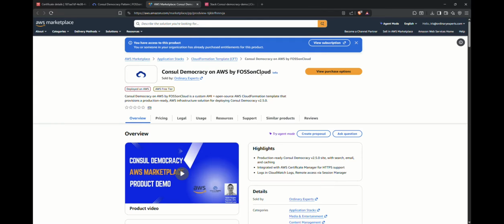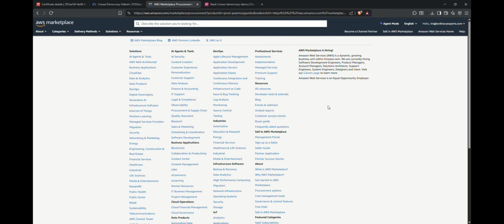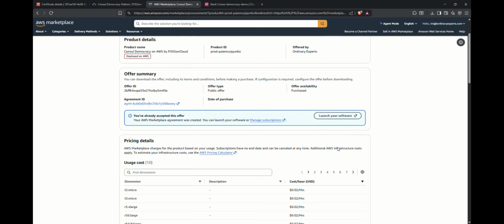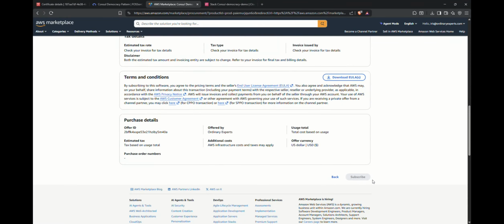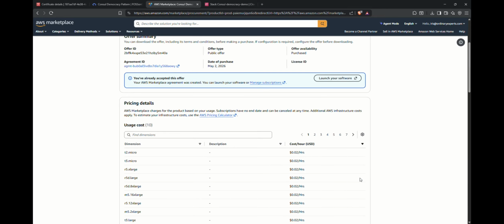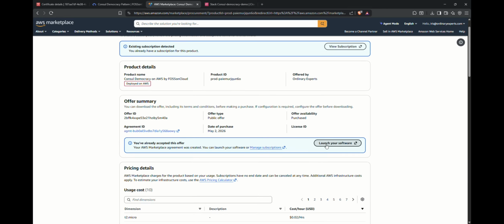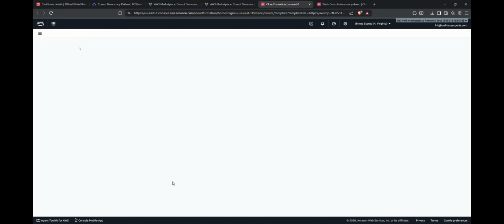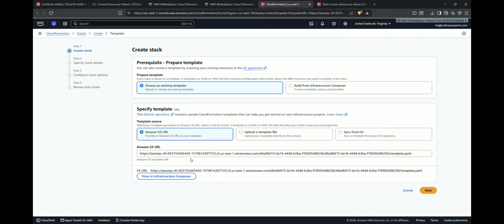Once you're here, click View Purchase Options, and then scroll down and subscribe to the product. Once you've subscribed, you'll click Launch Your Software, and then Launch with CloudFormation. You're going to see that the template is already uploaded, so you'll click Next,